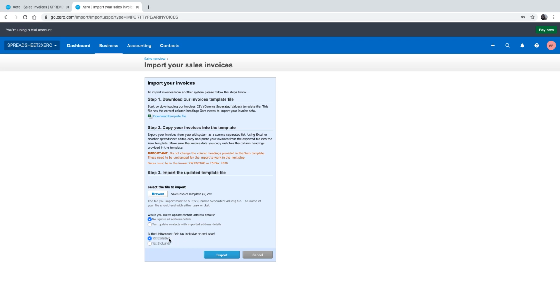So if you select tax exclusive, Xero will add sales tax on top of the unit prices that you enter. And if you select tax inclusive, Xero will assume the unit prices you entered already include sales tax. So for today, I'm going to select tax inclusive, as the unit prices in my spreadsheet included sales tax. So I'll then click Import